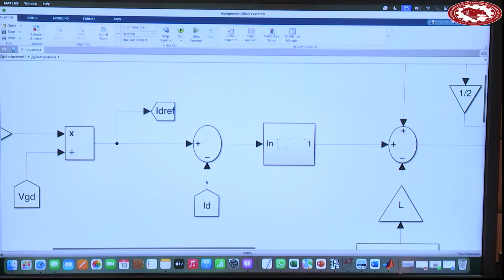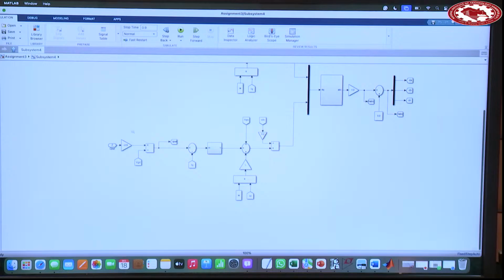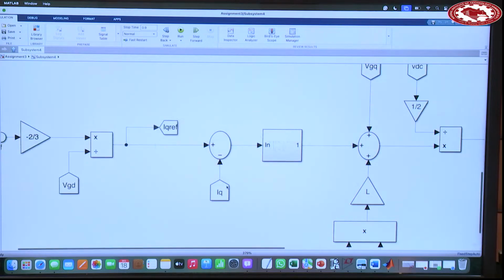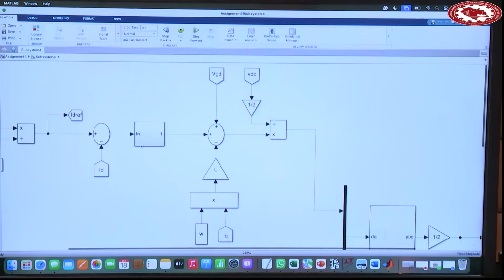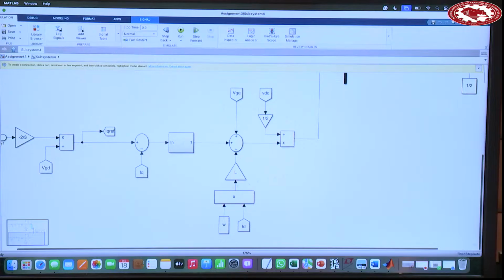IDref and ID are compared and passed through the compensator, you will get this point UD. Similarly here, UQ: IQref and IQ are compared and passed through the compensator. Then UQ came, then plus cross coupling omega L IQ, plus VGD, you get M times VDC by 2, here divided by VDC by 2, you get MD here. Same theory. Here UQ came,